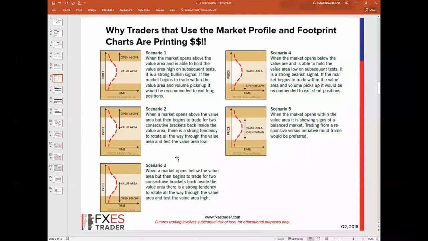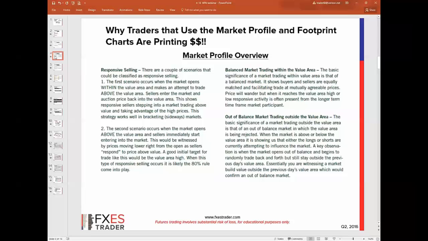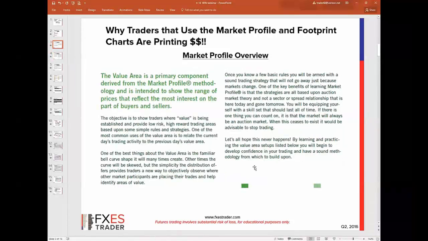Notice we had an opening print took place. We auctioned down to the 35 area and had what at least I would call an open rejection reverse, and that led into a trend day up in the market. It broke out of value. So I'll go ahead and show you that on all the charts. But really the key thing, just getting back to the slide, is that